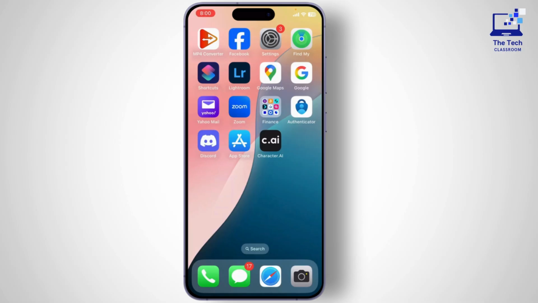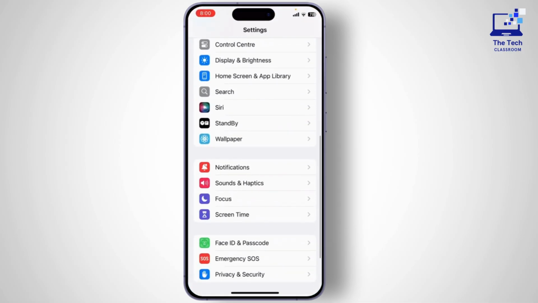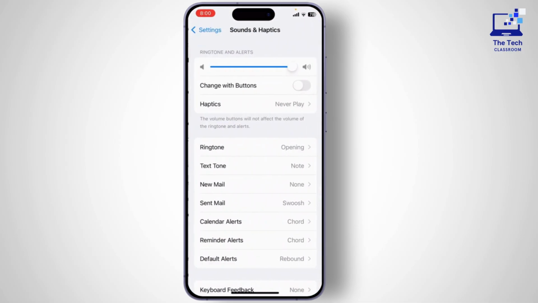So the first step you're going to take is open up your settings. On your settings, scroll down till you find sounds and haptics. Head over there. Now there on the top, you'll find your volume slider. Just make sure that it is turned up all the way. After you've turned it up all the way, you can then go back